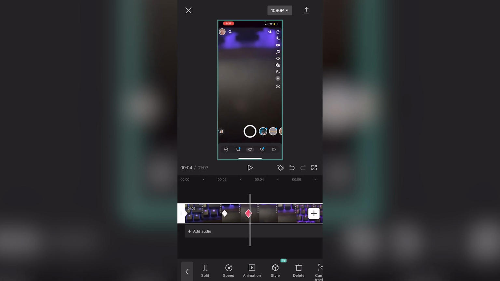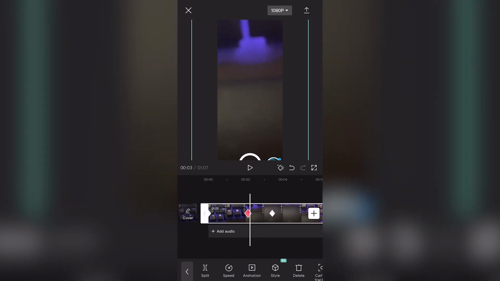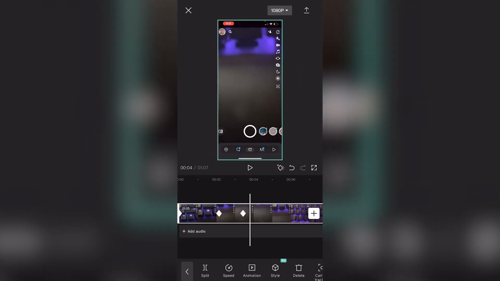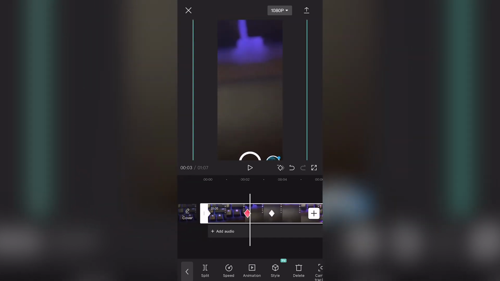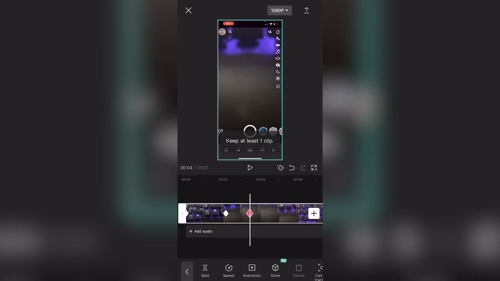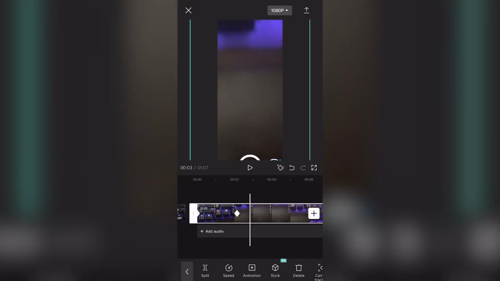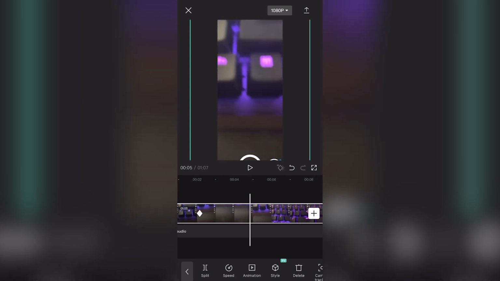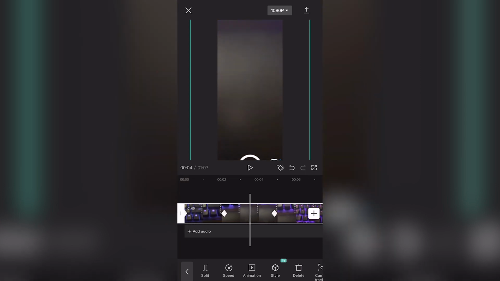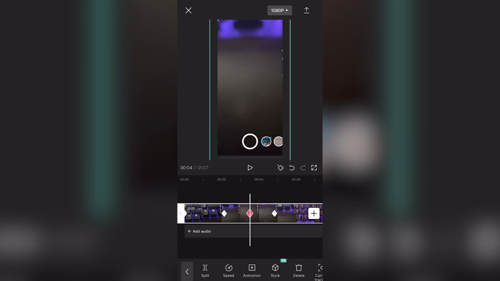Now, same thing, if you want to zoom out, all you have to do is click a keyframe as well. So let's say I just want to delete this keyframe. I'm going to click the minus, and I want to zoom back out from where I zoomed in. I'm going to go for where I want it to zoom out until, click the keyframe, click the clip, and